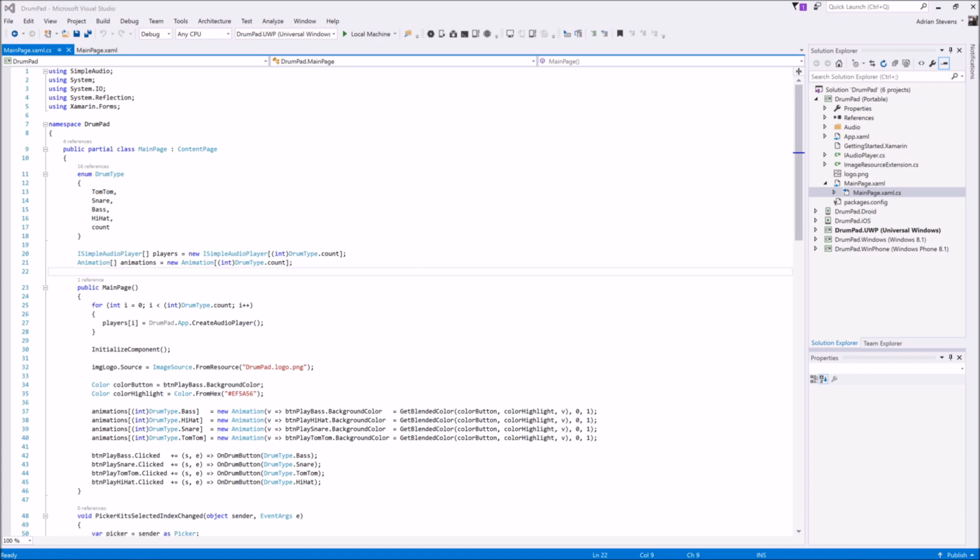So let's now think about what our application actually needs to do. Well, we need to respond to user interactions on those button presses and play a sound, play our drum sound for each button. Now currently Xamarin Forms doesn't have a sound API. Now it's possible that could change in the future. The Xamarin Forms team are always adding new things to the API surface, but for now